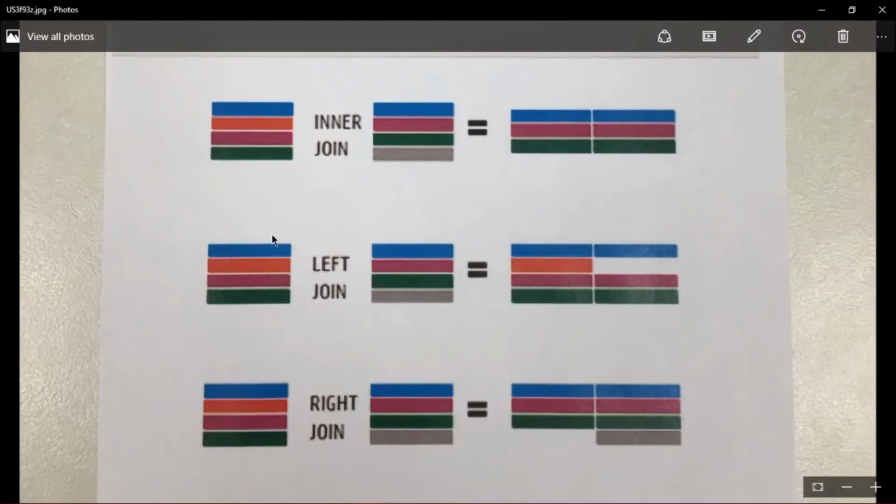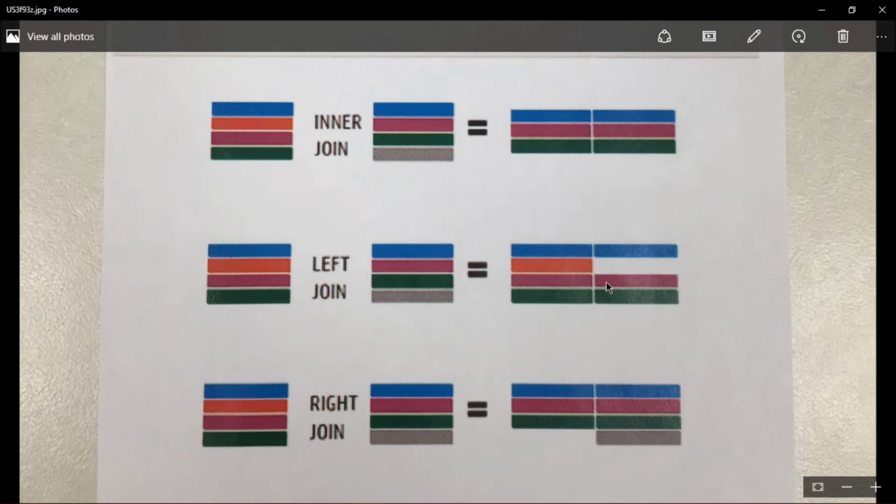Next one is the left join. In the left join, all the records from the left side table are displayed: blue, orange, pink and green. But from the right side table, only the records matching the left side table are displayed. Blue is present on the left side, so it is displayed.